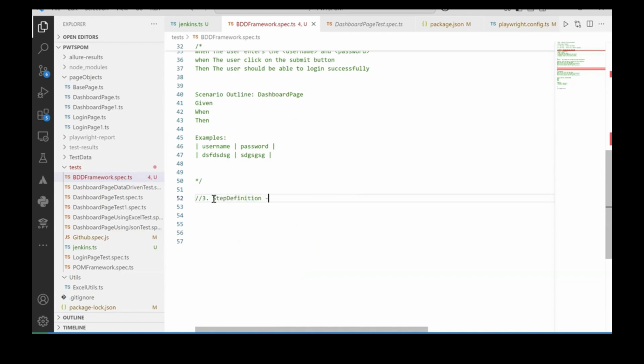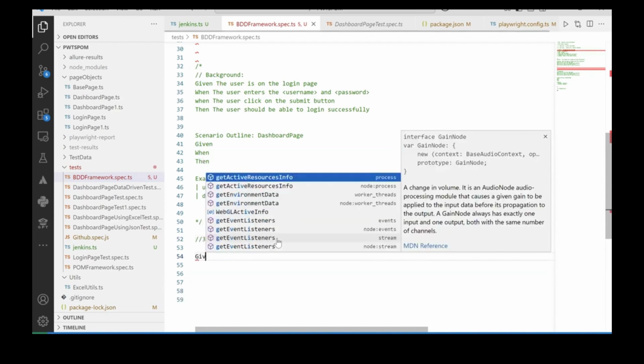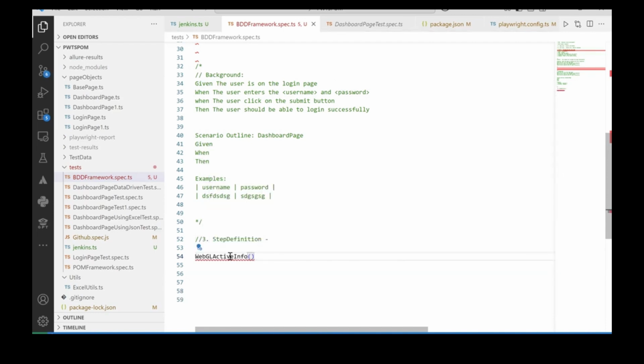So inside the step definition, all the test steps of a test case that we have written will become one particular function. The function name will start with a given keyword. How do we write a function? Generally by using the function keyword, whereas in terms of step definition, we'll be writing a function like this, given,